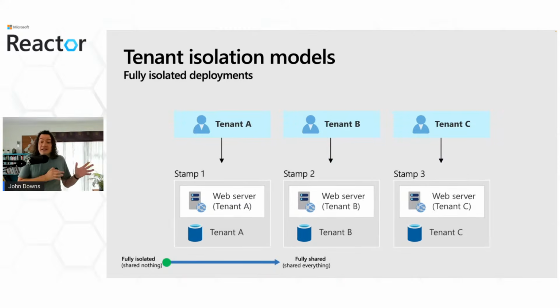So all the way at the very left of our isolation spectrum, you might consider deploying completely separate resources every time a new tenant is onboarded. So essentially, every tenant has their own private environment. We often call each of these individual deployments a stamp because you're stamping out a new instance from some sort of template. Now, this option typically involves the highest resource cost because none of your Azure resources are shared. So if one tenant is idle for most of the day, you still have to pay for all their resources and you can't make them available to another tenant to use instead.